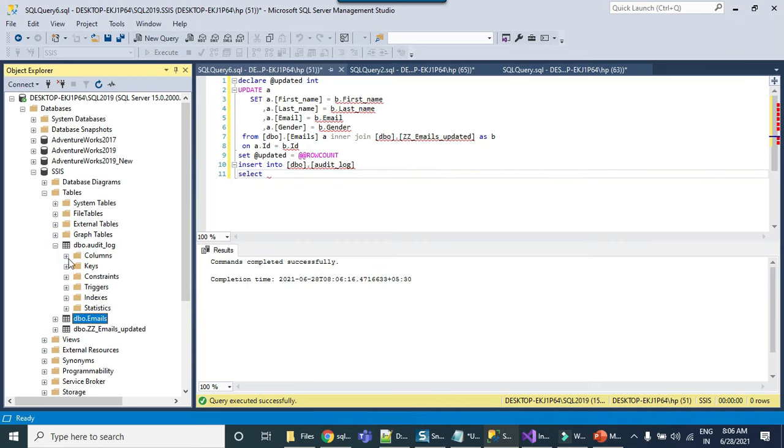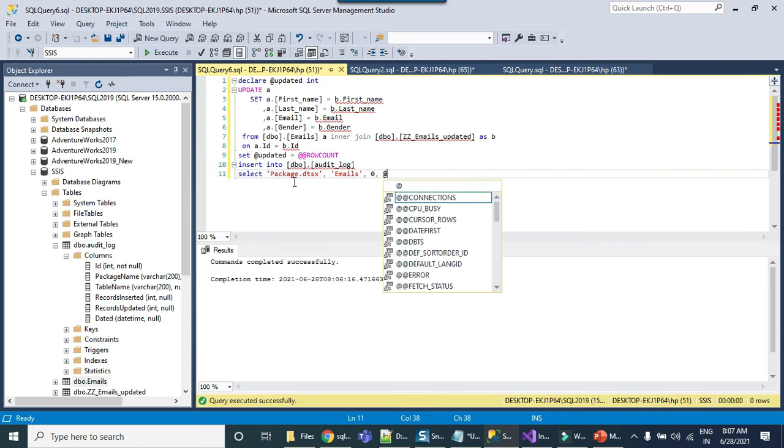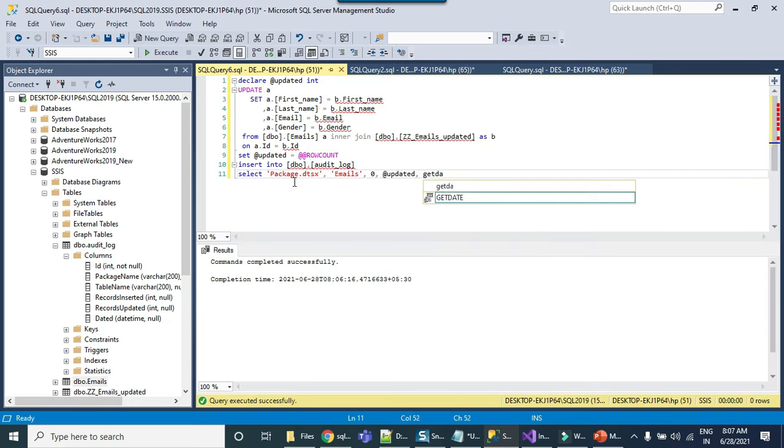It contains package name. Our package name is right now package.dtsx. Table name is emails, records inserted, and records updated. Current date time will be the getdate function. So this will work fine.